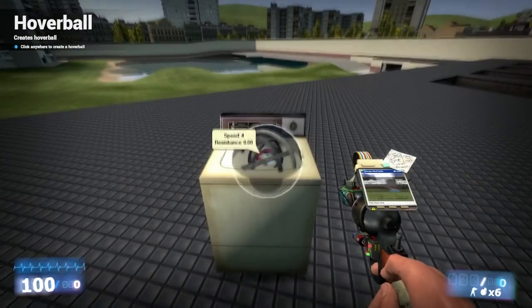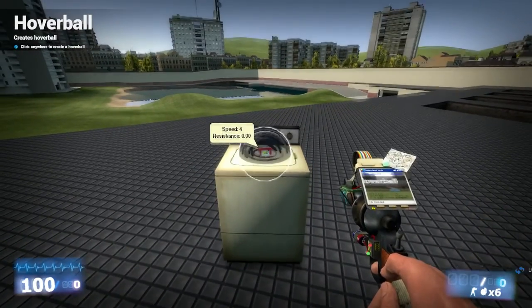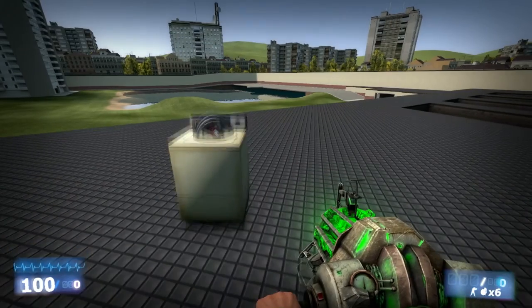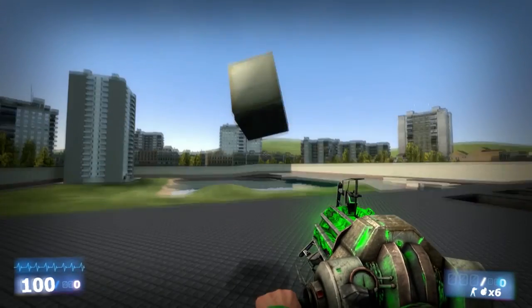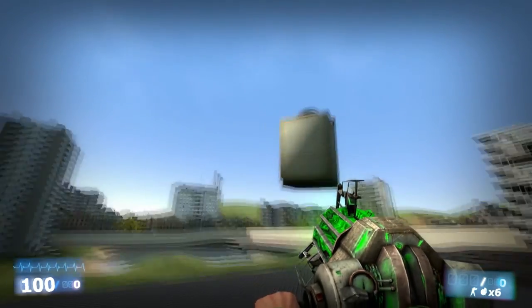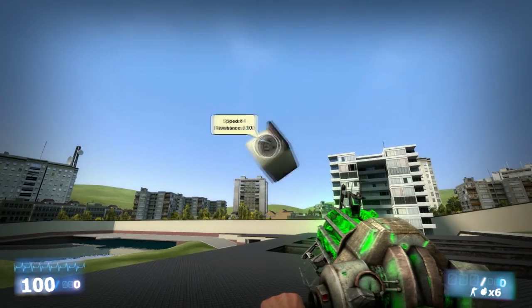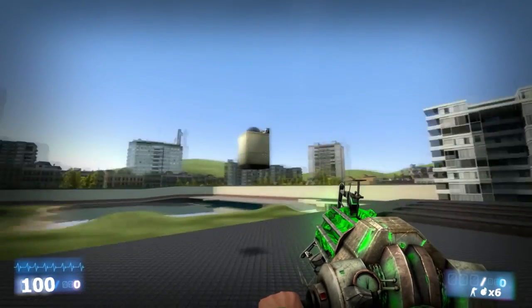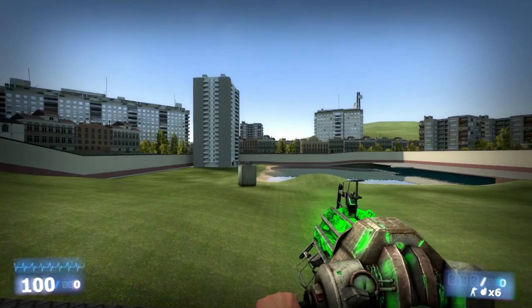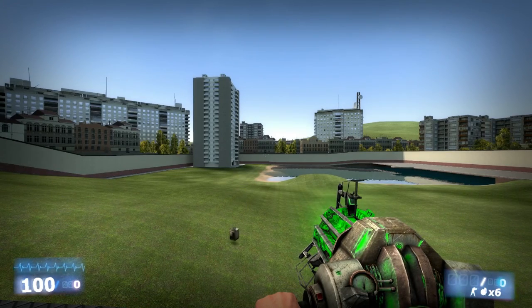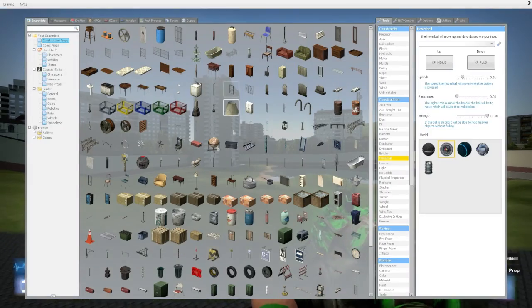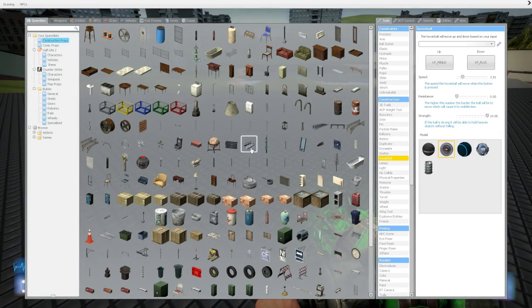So if I spawn, say, a washing machine, put a hover ball on top of it. It says the stats of the hover ball, and if I push the key, it'll make it hover. And they're kind of like a ball socket to the air, so that this could rotate any way, and it could fly in any direction, but you can control them like that. And obviously if you wanted something to fly completely stable,